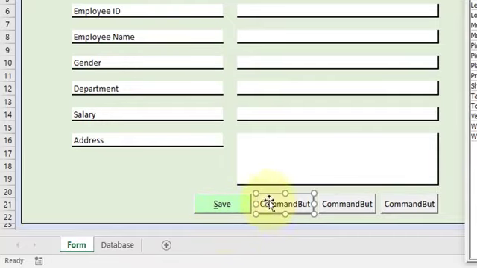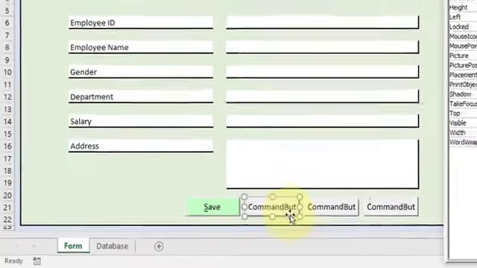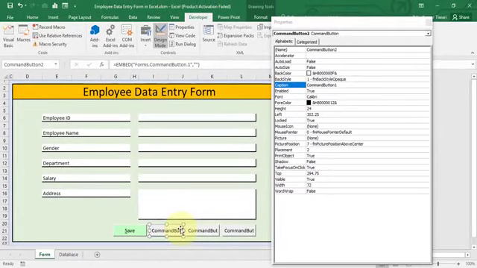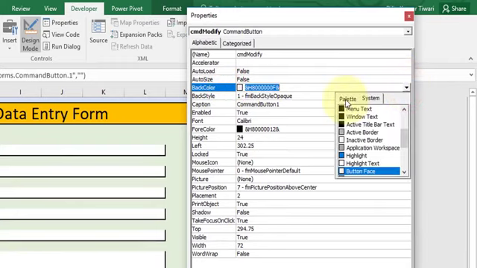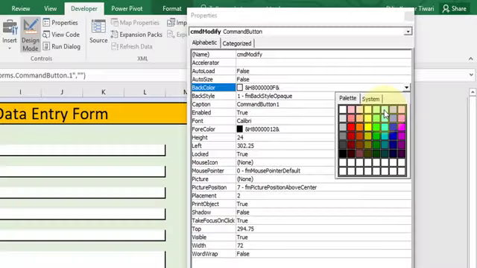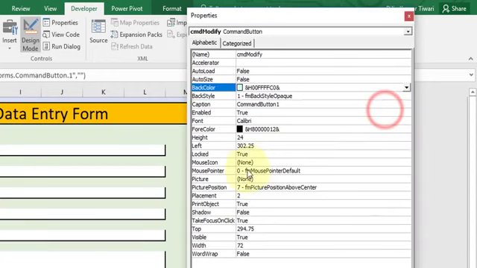Now quickly let's modify this second button as well. The second button will be for modify. Let's change the name to CMD, that's a prefix, MODI, modify. Let's change the back color of this particular command button, that is for modify. Select the back color and then click on palette. The color should be this one. Now give the accelerator as M,